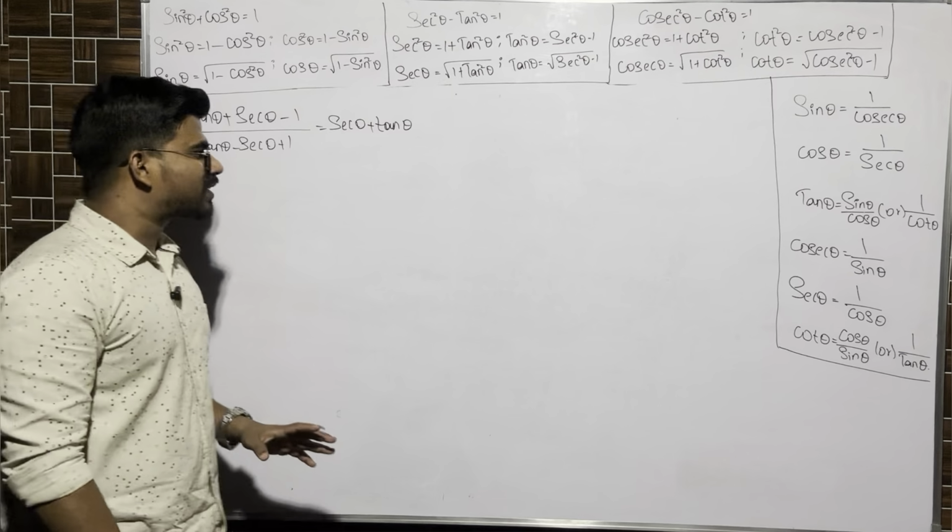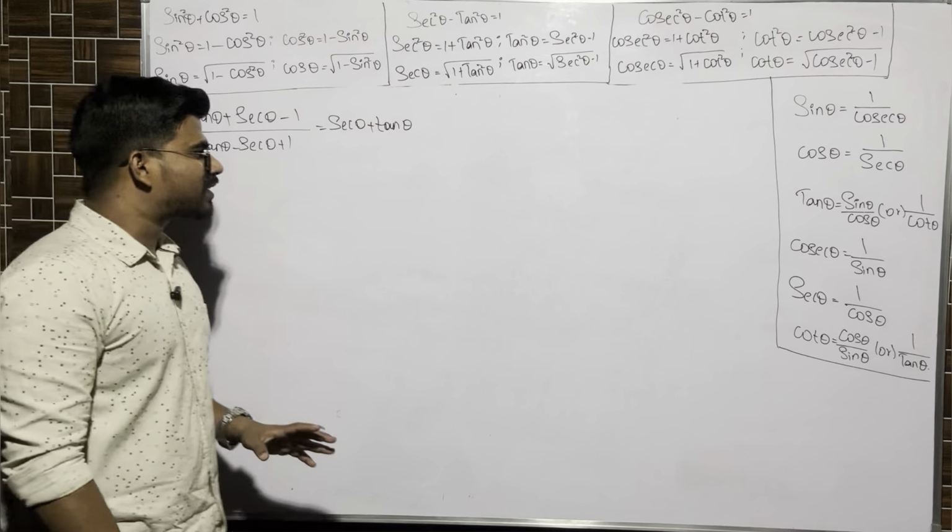What did we do? Same thing we have written here. Instead of this one, I am writing that identity. Why only that identity? Why not these identities? It is because the other terms in the question are in terms of tan and secant. That's why I am using this identity. Right, this identity secant square minus tan square, a square minus b square, is a plus b into a minus b, secant plus tan into secant minus tan.